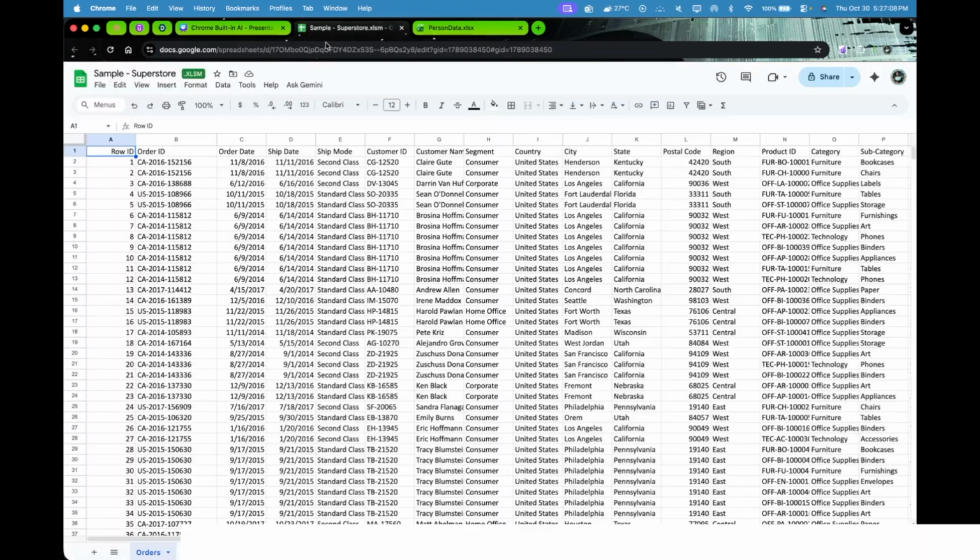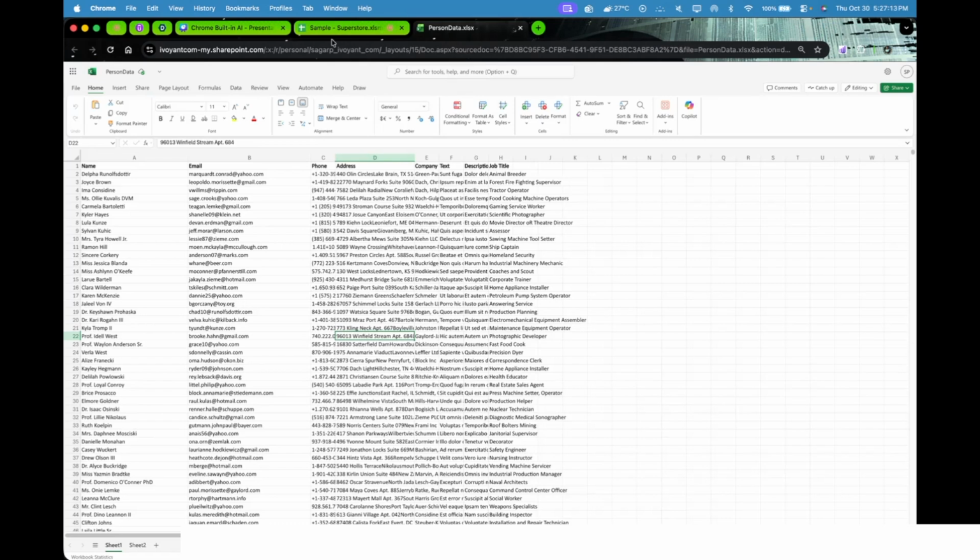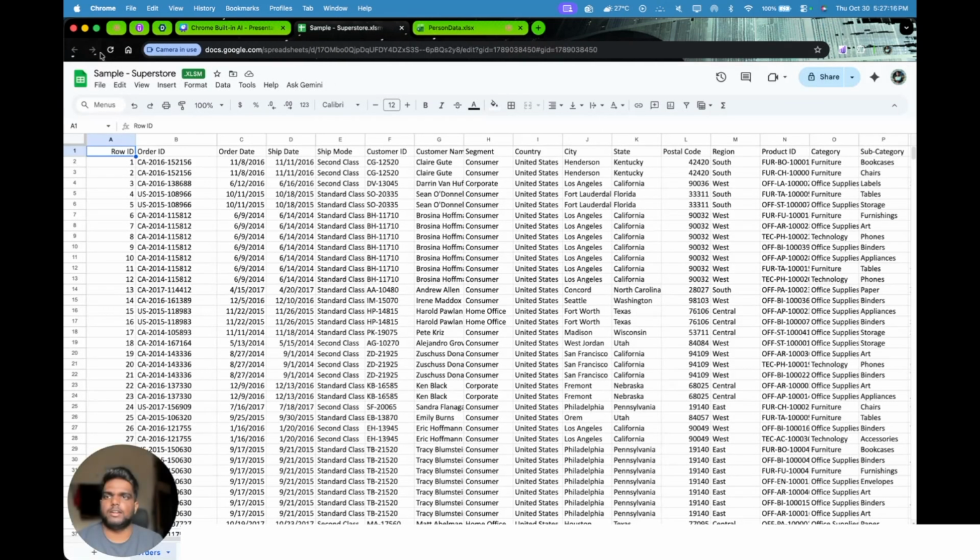As you can see, I have a couple of things here. One is a Google spreadsheet, and another one is this SharePoint. I'll go ahead and show you the Google spreadsheet first. Once the URL has been loaded, you will get a notification from the extension I'm using. This extension will throw a notification from Chrome saying the file has been